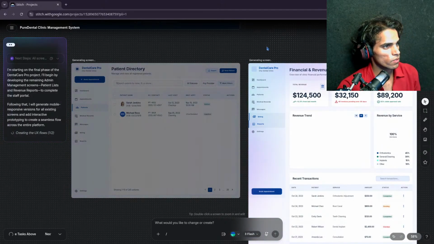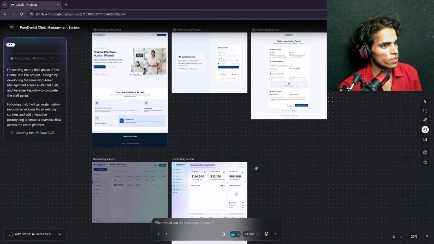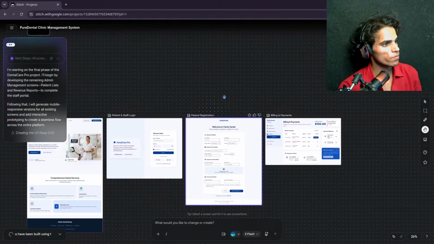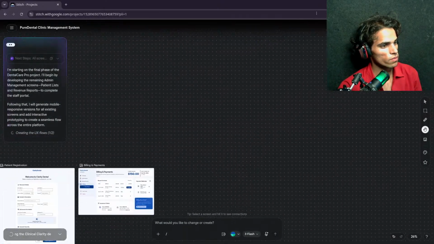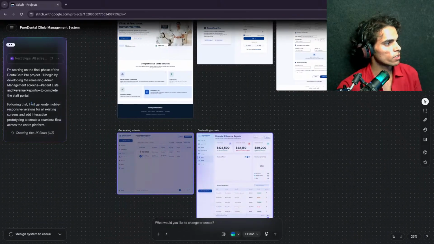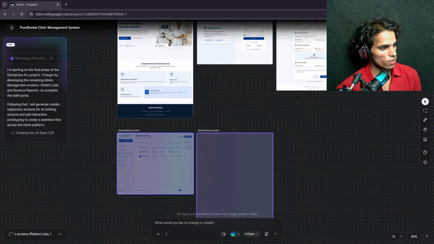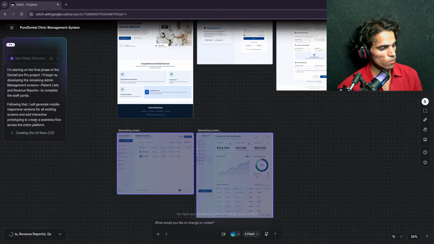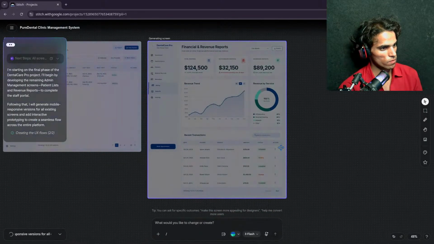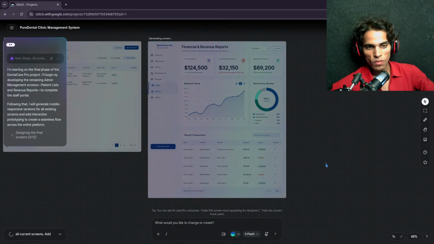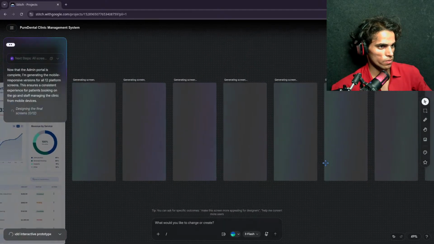Generating screens, and following that I will generate new ones again, responsive for all existing screens. If anyone has any question, you can ask.